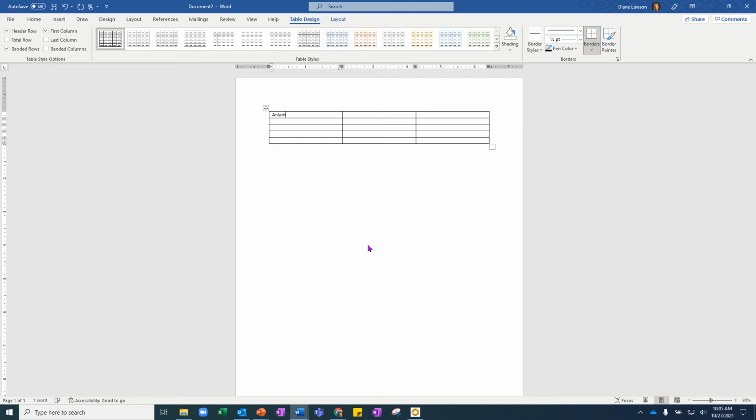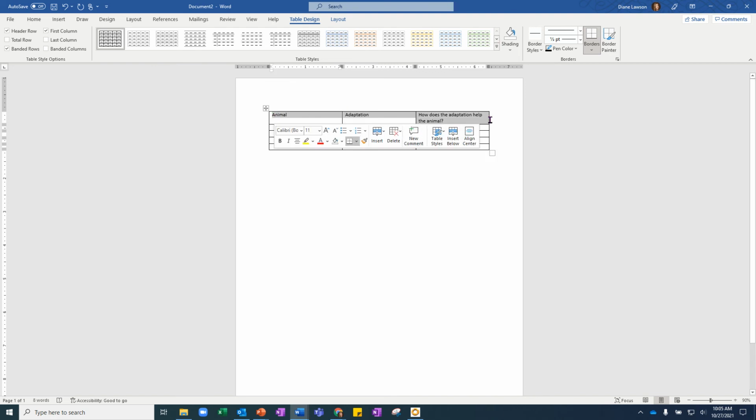So in my previous video, I was talking about animal adaptations. And so the first column is animals, and then the second column is the adaptation. And then the third column is how does the adaptation help the animal? And I could leave it simple like this, but I want to have these be bold and maybe a little